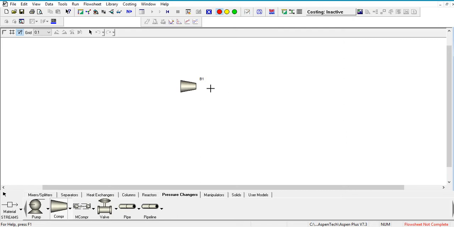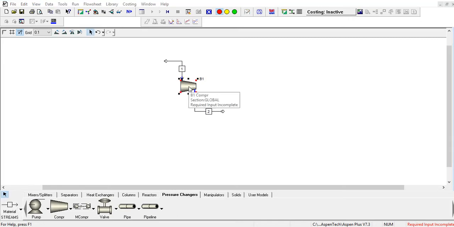So what I'm going to simulate here is simply a compressor. The compressor can be drawn in the flow sheet window using the block that's present under the pressure changers, and then we give it two streams, that is the input stream as well as the output stream. So how the process simulation here works is that we have to specify inputs for those streams which have no sources. In this case, stream 1 has no source, but stream 2 has a source, which is the compressor block. Okay, before we go any further, let me rename this as the compressor block.